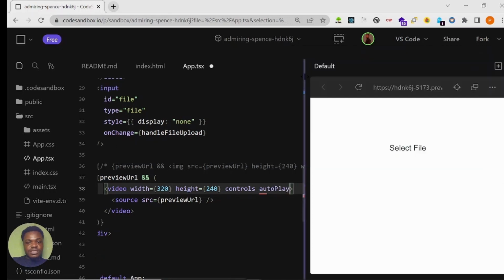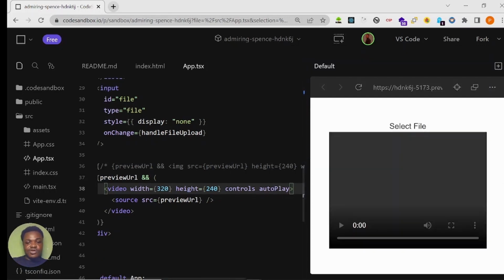So I want you to just immediately you add it, you start playing. Now you don't have to do that. So we didn't add anything actually. So let me remove this autoplay because I haven't selected anything. Okay, I think